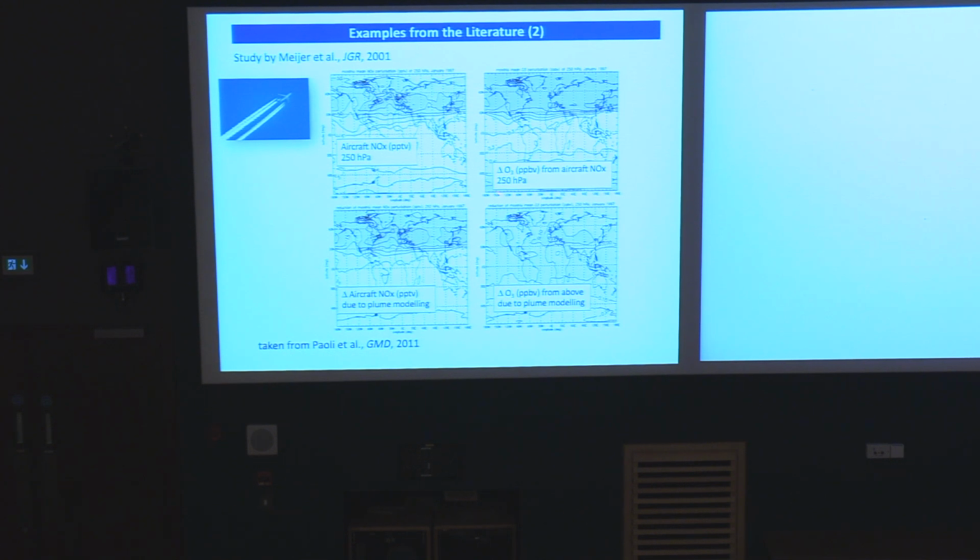So what does that mean for ozone levels? The amount of ozone that is produced by aircraft NOx is relatively modest. We're talking about a couple of parts per billion here in this model, about 1.8 up to 2 parts per billion, and you have a change of 0.1 parts per billion in ozone. So you see, if you're interested in the global impact here, this is a relatively small fraction, a very small change of a radiatively active compound, a greenhouse gas.